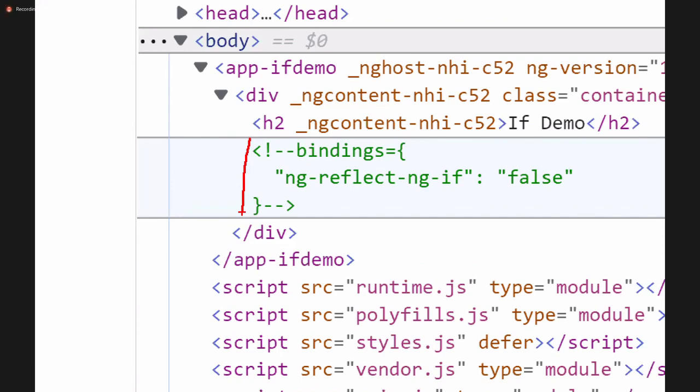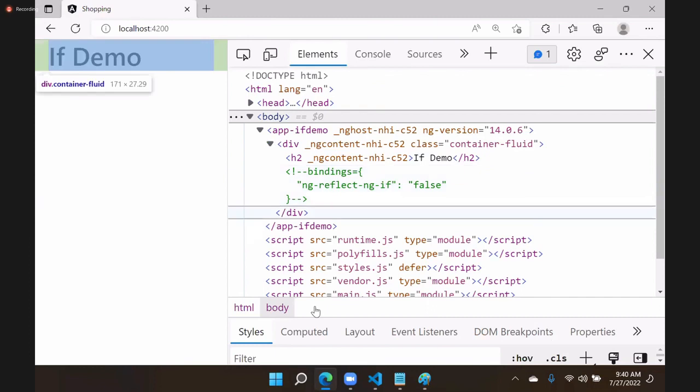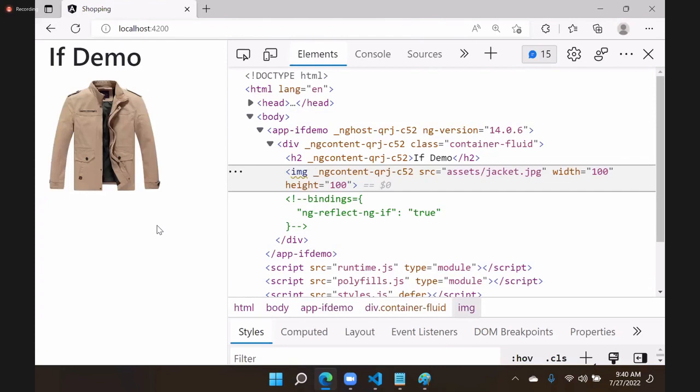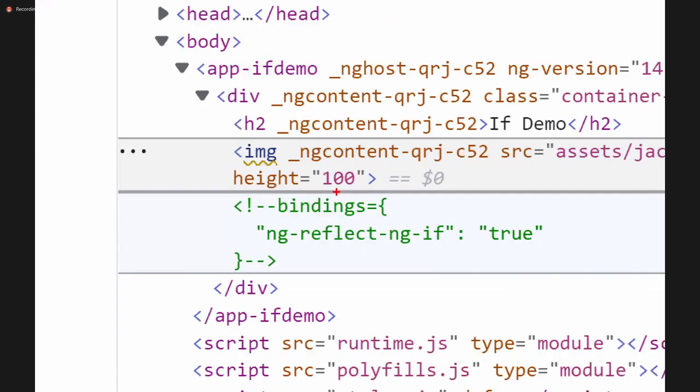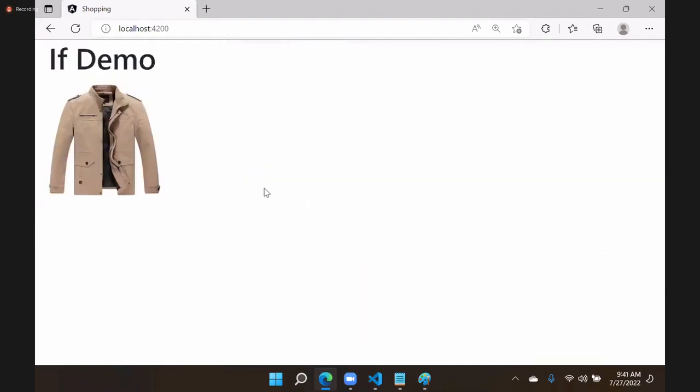Actually, if you do this in JavaScript, display none, it will be there, but it is not shown in the page. So we don't want that. We can simply remove. And it's very simple. Just we have to use ngIf false. Again, if I set ngIf true, then you can see that it is going to display. Now, you can see it is added into the page. So what is ngIf doing? It is adding and removing. And very important, if you want to manage this dynamically